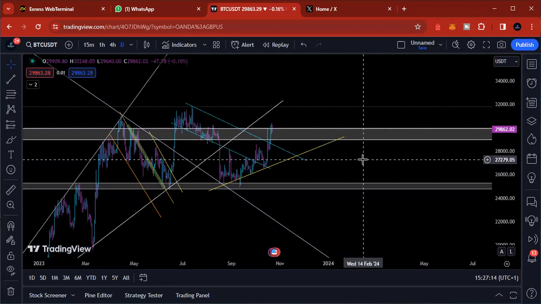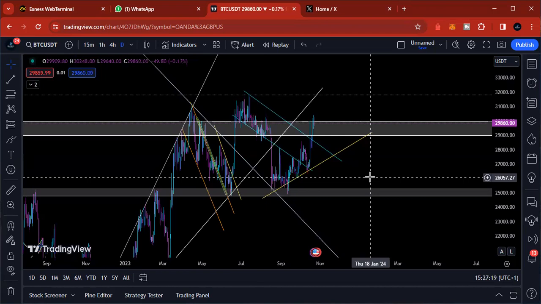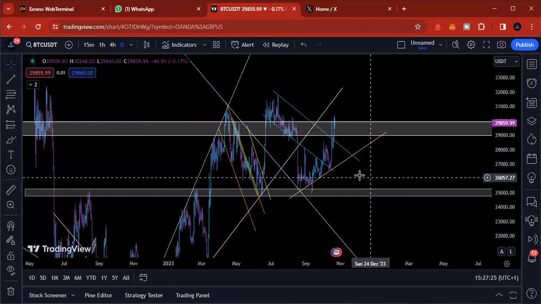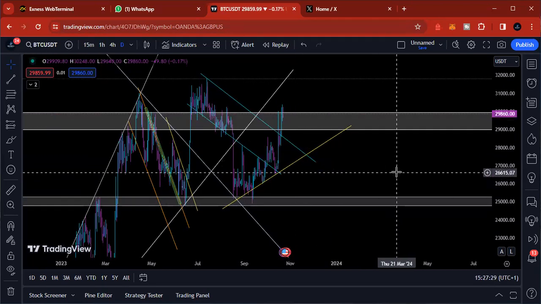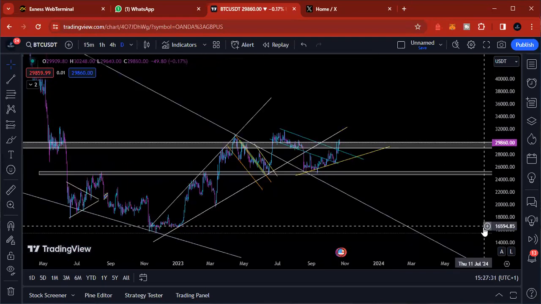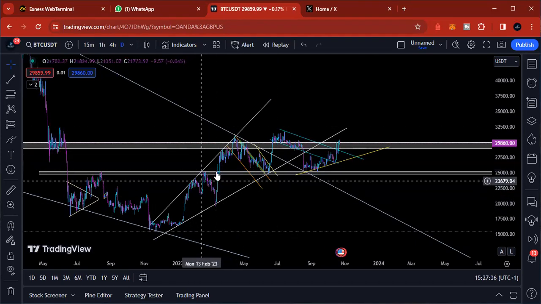Some people are saying they're expecting gold to drop as low as 22K or thereabout. I'm not saying it's not possible, because if there's anything the market has taught me over the days, it's never to say never, never to say nothing can happen. So if you want to short, you need to be very careful, because of why I'm emphasizing being careful: looking at this very zone, this very channel, this chart pattern